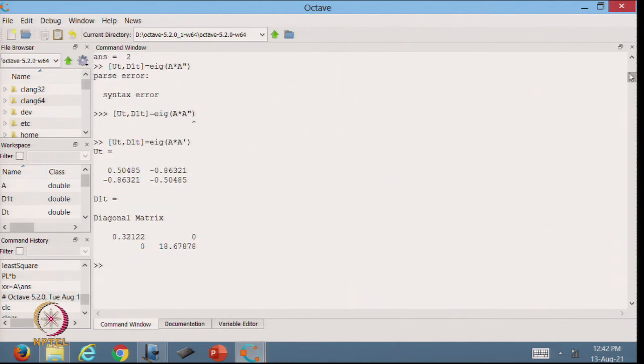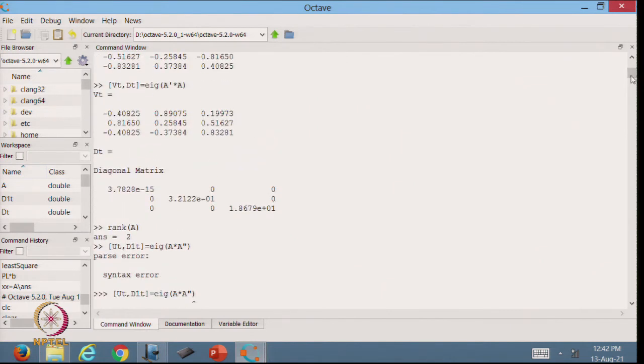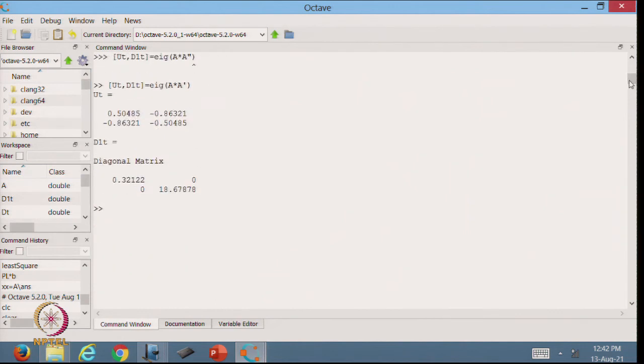But if you see from here, taking A transpose A, in this case the eigenvalues are written in the order that this is a 0, then it is 0.32 and this one. So, that is why in the previous case when we multiplied, it was changing the order. Similar case is here, it is 0.3 and 0.18. So, that is why we have to keep the same order, the highest power and then the lowest power.